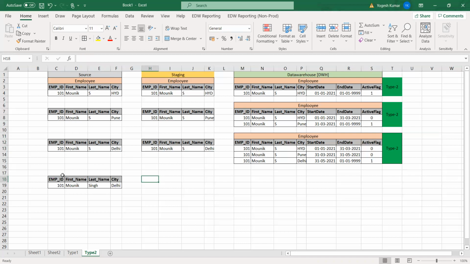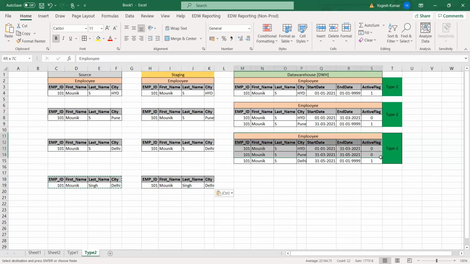What would be the next step now? We do have this record in source, which will go into staging. What would be the change in staging? Nothing will be changed. It will be a copy. Okay, let me copy this first.